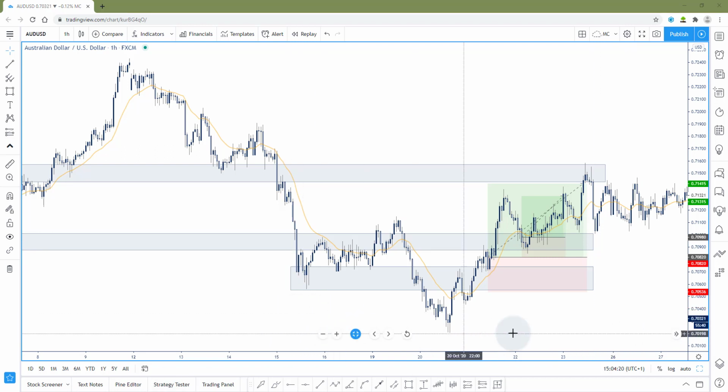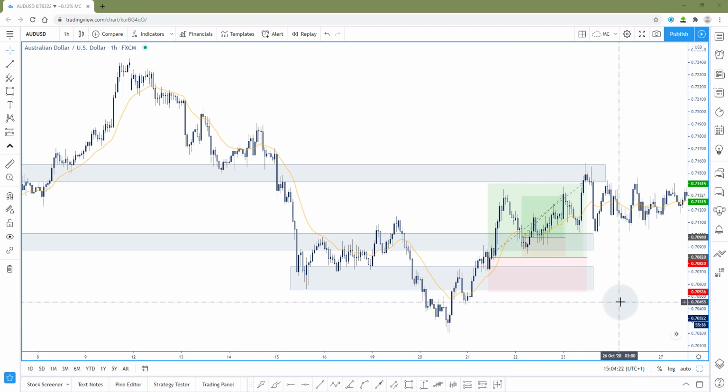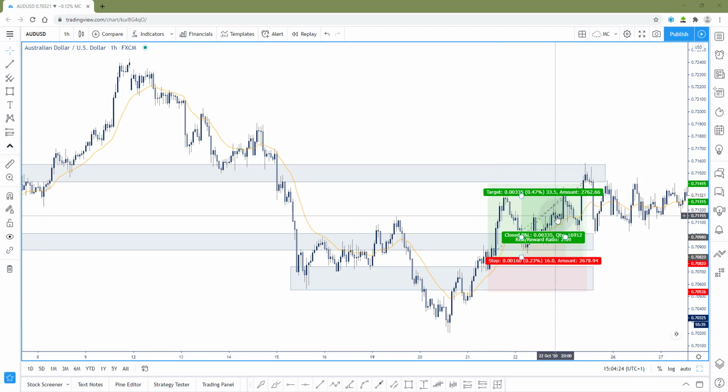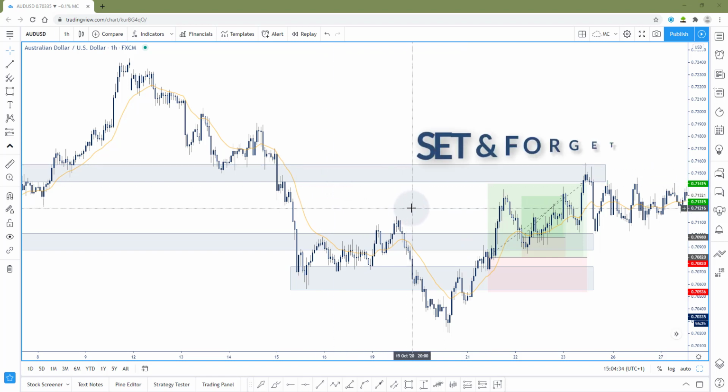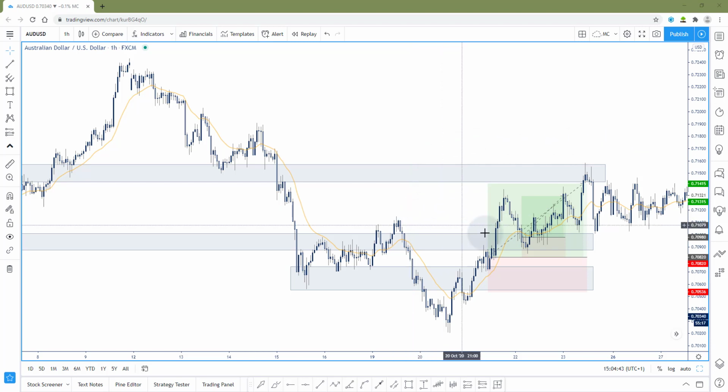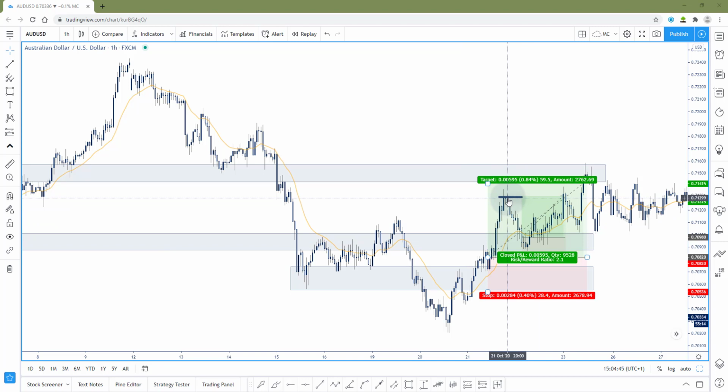Now, in terms of his take profit, you will notice that the take profit on his first trade is higher up compared to his take profit on the second position. That is because the only reference point he had when he entered his first trade was this area of support and resistance, and he's trading set and forget, meaning he's not managing or adjusting his trades as soon as he has entered them. But in the case of his second trade, he did have a new high to relate to,